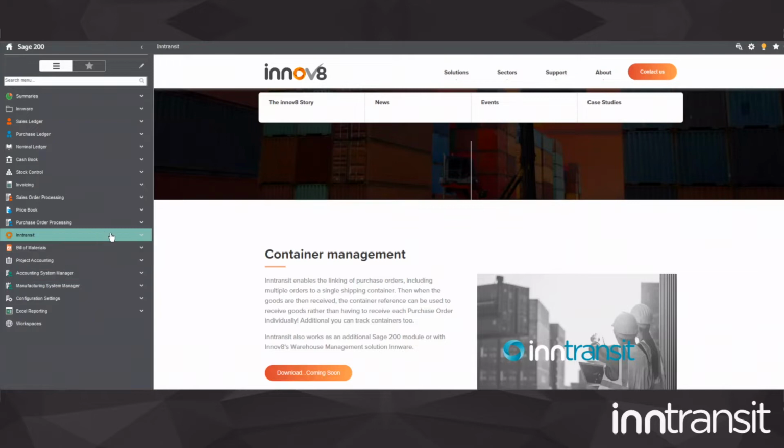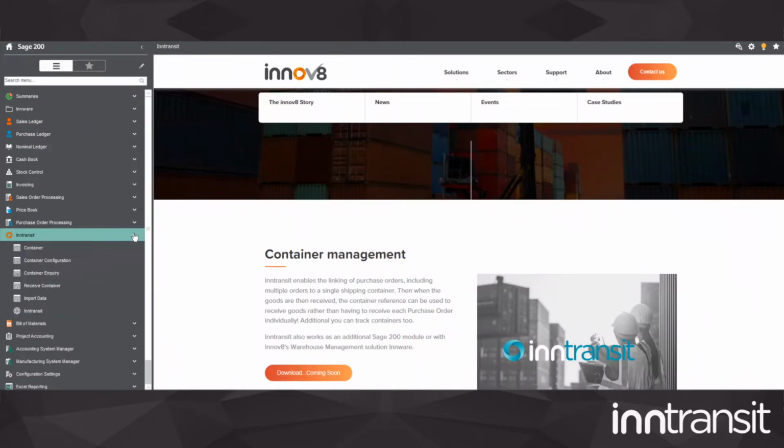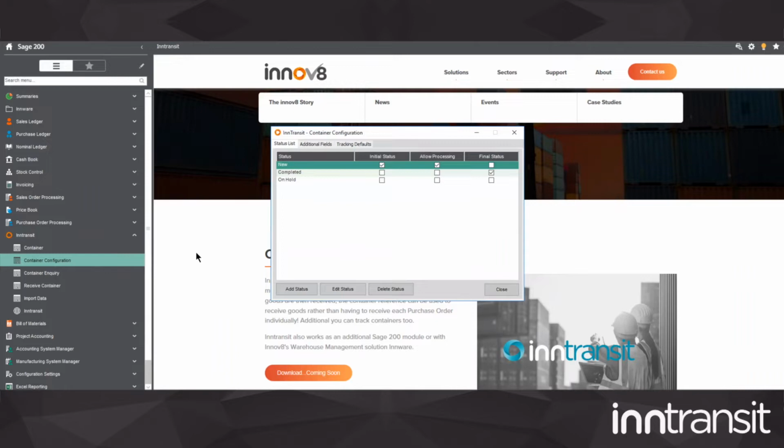So Inntransit sits entirely within Sage 200 under our Inntransit menu. We can see we've got some options in here that we're going to take a look at today. So the first thing that we need to do when we get Inntransit installed and set up, and it's really the only configuration we have to do to get using the system, is set up some of our default statuses,